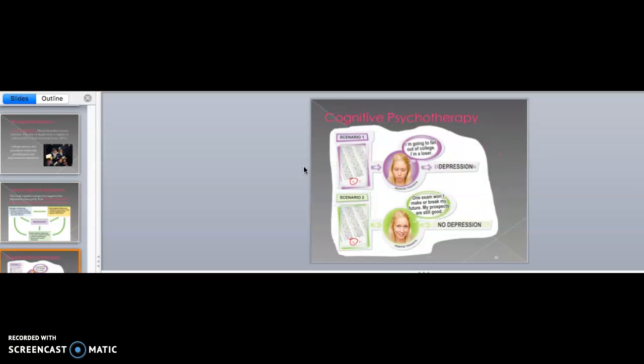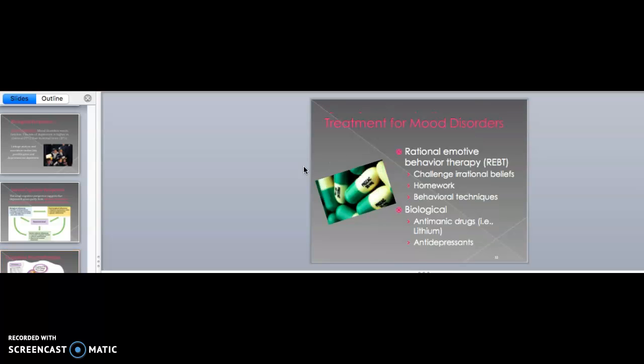Cognitive psychotherapy works really well because it's reversing and changing the thought patterns that often come with depression. So when you fail a test, instead of thinking, I'm going to fail out of college, I'm such a loser, changing it to where the person thinks, okay, it's one exam, it's not going to make or break my future, my prospects are still good, I will get through this. It's being able to think in that way, and that's sort of like conditioning a person to do that, because these individuals are not used to thinking that way with that kind of a mindset.